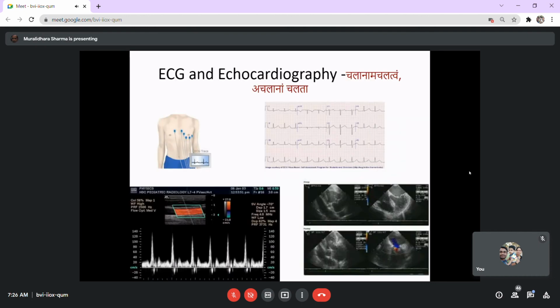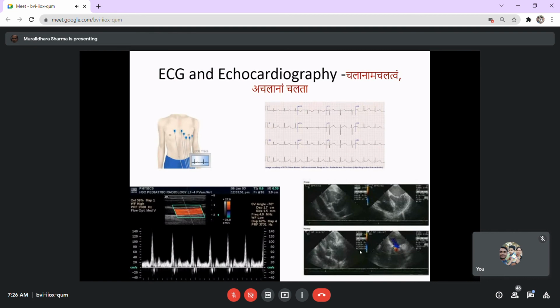That's about one set of the investigations, the imaging studies. Now, the next set of the investigations which we use would be studying the functions of the different organs. Among those, the most common which is used is ECG or echocardiography. ECG is studying the electrical activity of the heart. Echocardiography is a modified ultrasonography. It's an ultrasonography itself, where the fluid movement in the heart, the blood, and the movement of the heart muscles